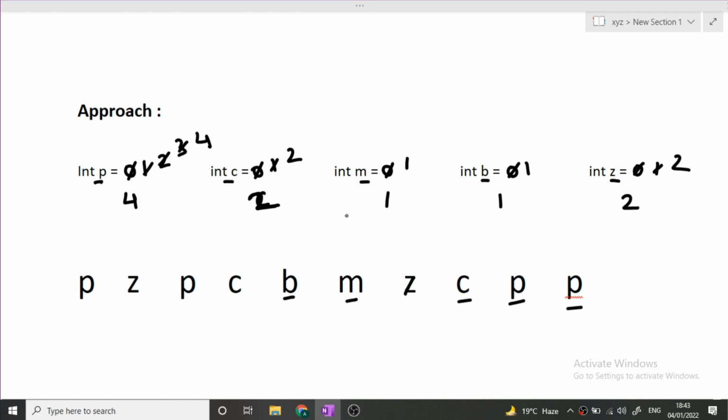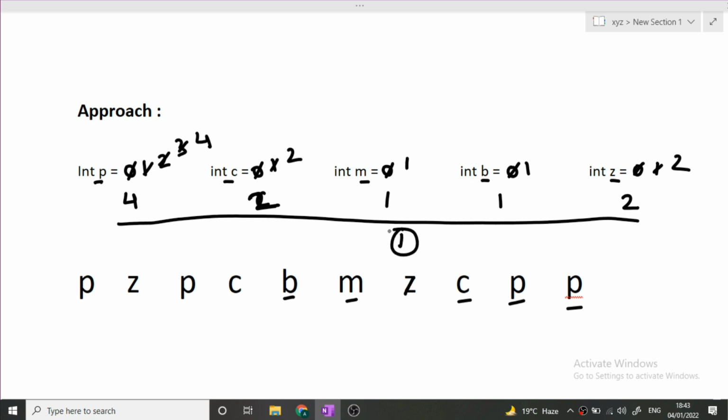Now how many teams can be formed? How we will know that? So guys, the answer is simple. Once we have got the number of alphabets, or you can say the number of subjects that are present in the input string, we just have to find the minimum of these values. And what is the minimum of all these values? It is 1. So our answer is 1. That is, only one team can be formed from this list of students.